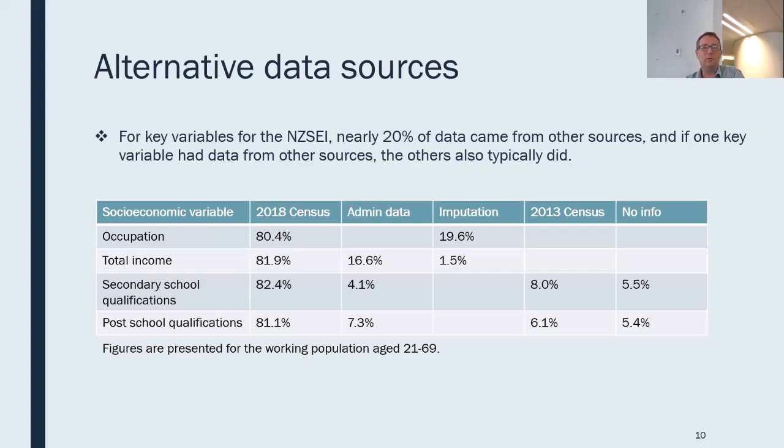So overall, for key variables for the NZSEI, which are occupation, income, and education, and age is the other one, they mostly got these when they imported people from the IDI ERP Shore. About 20% of data came from other sources, and because it was filled in where you didn't fill out a census, if you got data from another source for one thing, you tended to get it for all three. So in other words, the people who were imputed for occupation tended to also have their income filled in from admin data and a little bit of imputation, and have their qualifications filled in from the admin data from education, or from what we knew about their education in the 2013 census, although there was some information that we couldn't get for education.